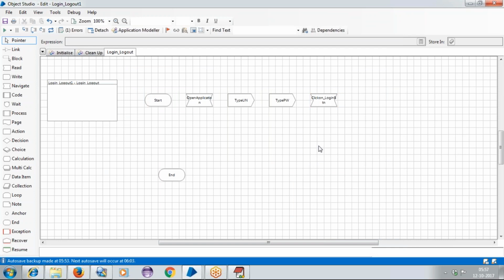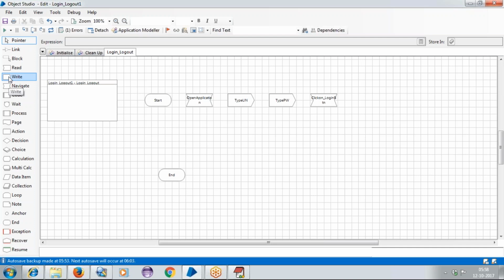So that is also a click activity, right? To perform any click activities, it will be taken with the help of the navigate stage. For interview purposes, there may be a chance I will get this type of question. They'll ask, if you want to type any values in the text box, what is the stage you will be using? Here, we are using the write stage.